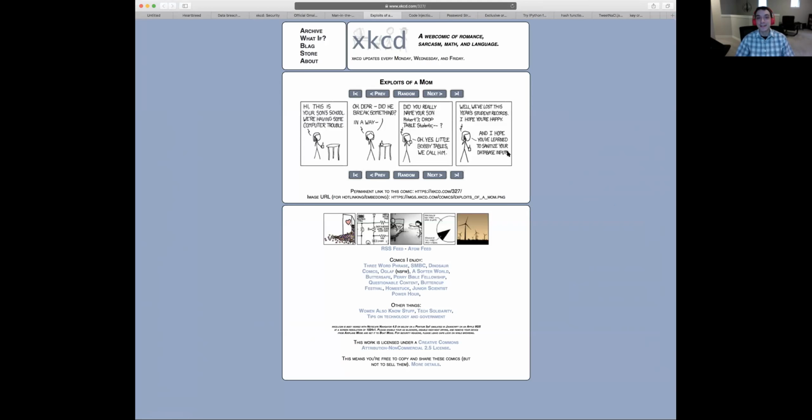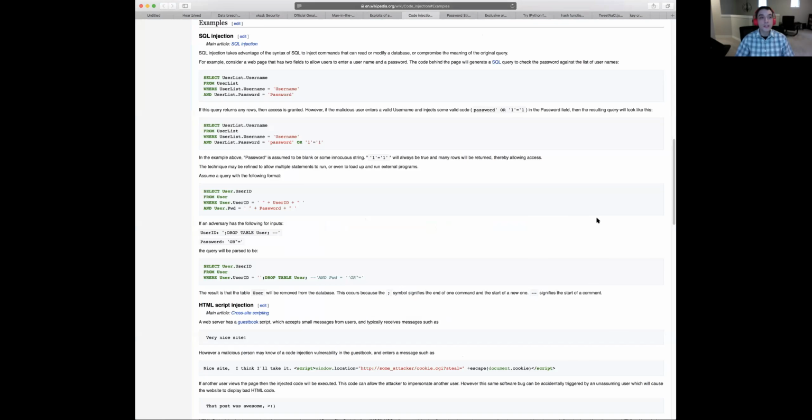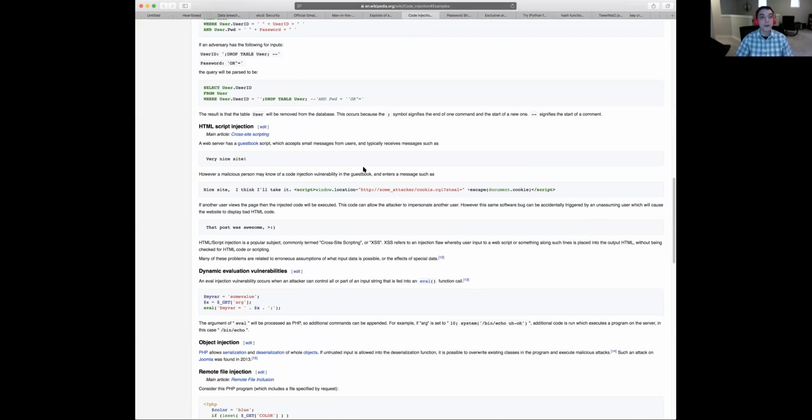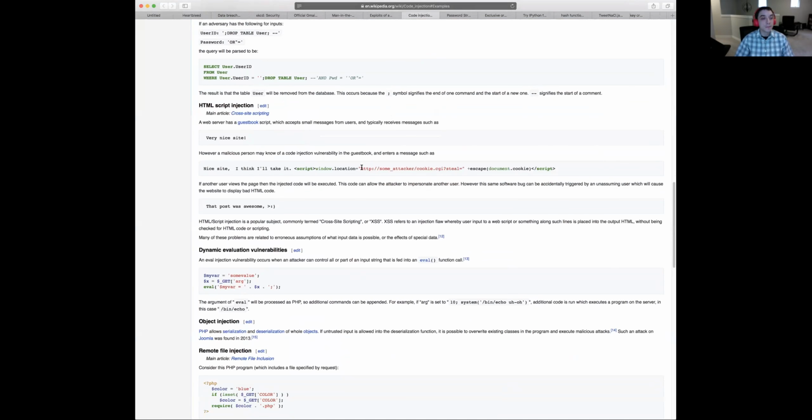And as the comic jokes here, I hope you've learned to sanitize your input. We'll get to that more, but the short of it is you need to never blindly trust user input. Code injection is more general. There's SQL injection, but there's also what might look a little more familiar. There can be injection in HTML and JavaScript. There's a whole category of attacks